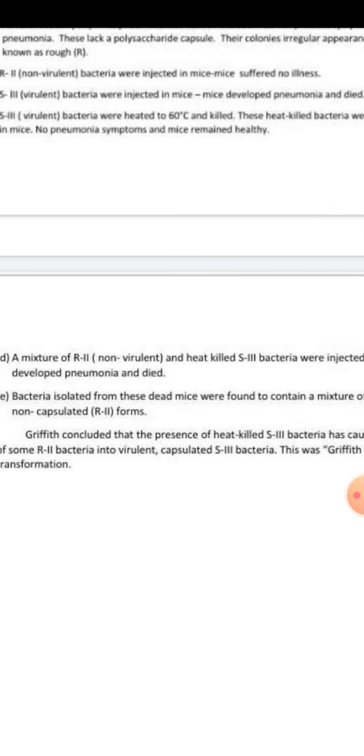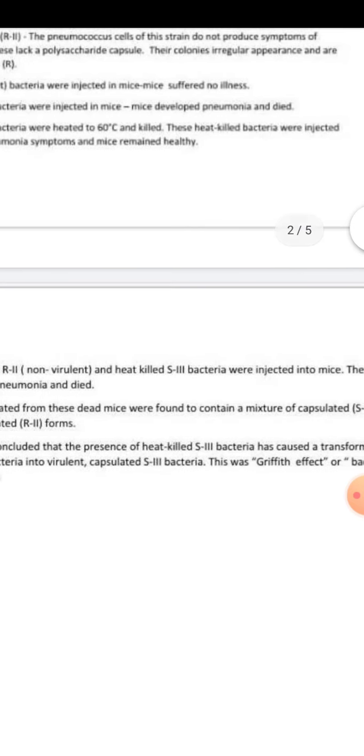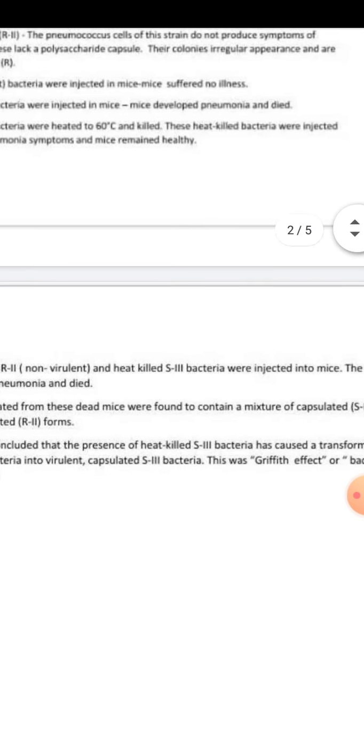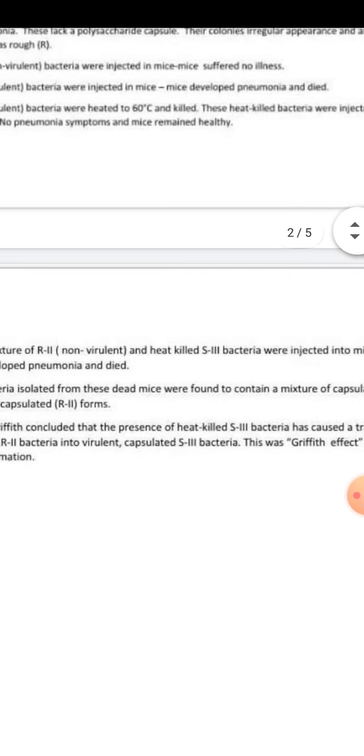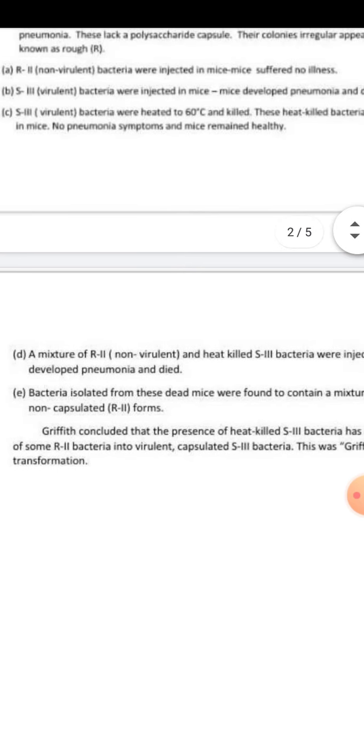So even if a mixture of a non-virulent and a virulent strain was taken, the non-virulent strain was heated and killed, whereas the virulent strain, taken in mixture with the non-virulent, was injected into the mice. In the mice we will see that they developed the pneumonia condition